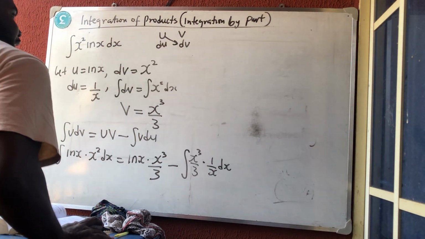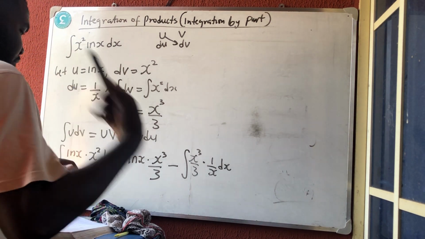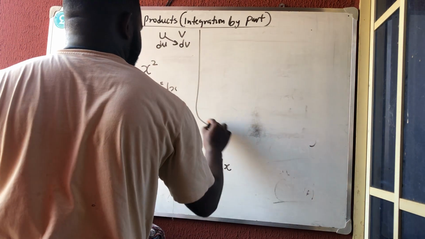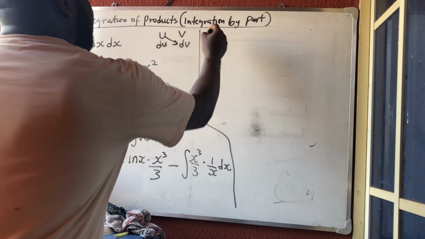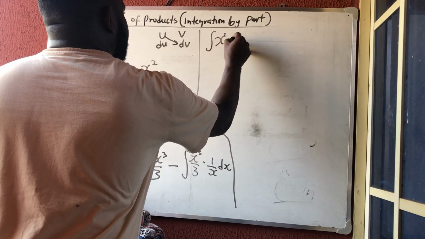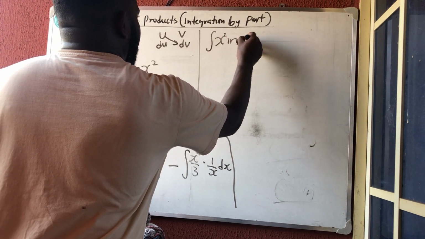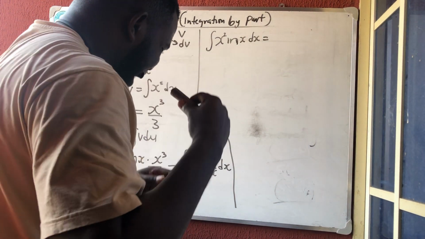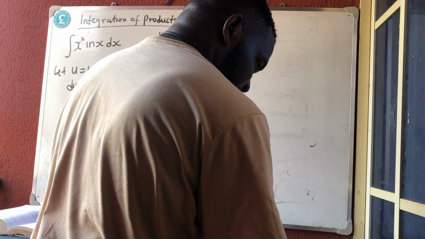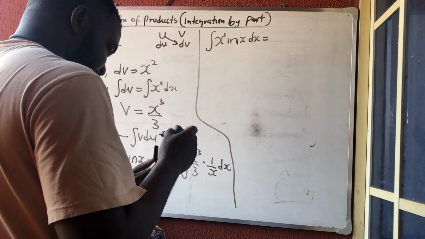Okay, so finally, if I arrange this very well, the integral of x squared ln x dx is equal to